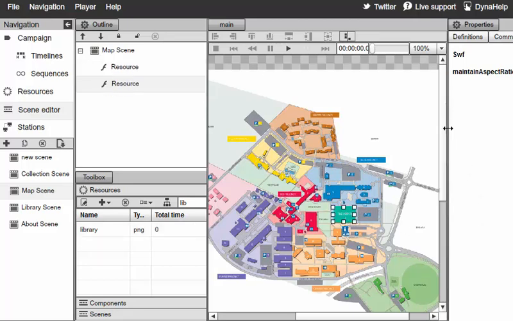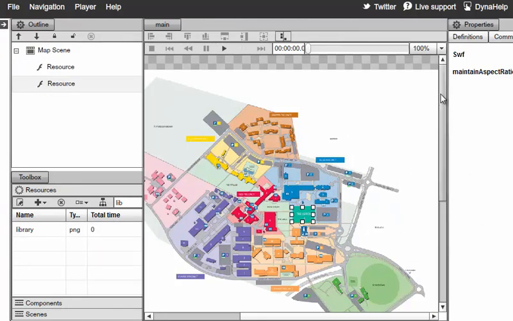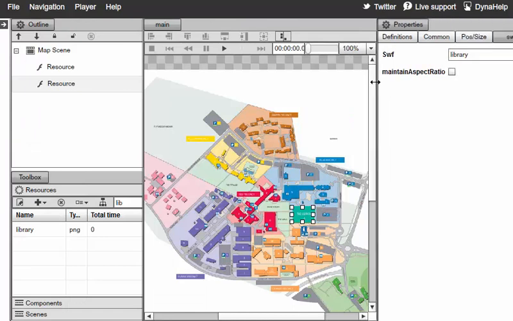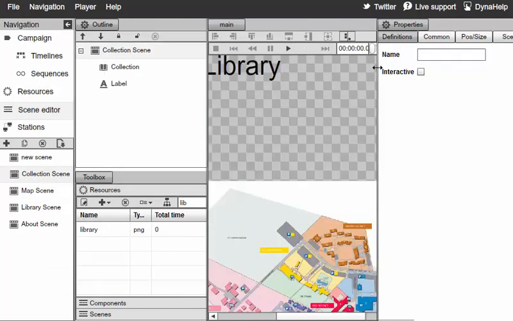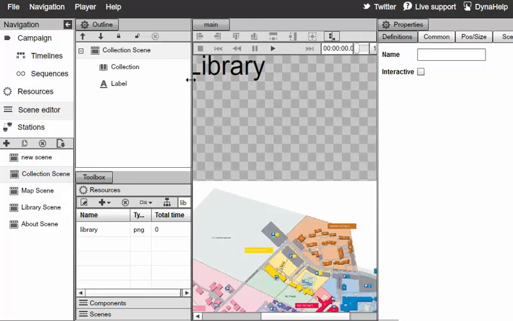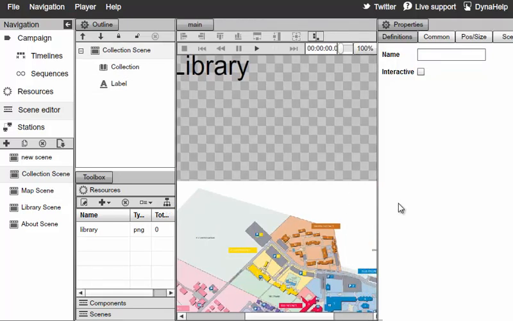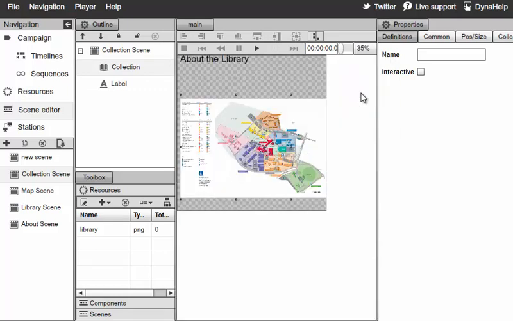And while it's selected under its properties, we're going to want to set it to be also under the definition an interactive item. I want to call this our library button and press enter. Next, we'll switch back to our collection scene. And now under our collection scene, we need to go ahead and associate again another event for the collection. So we'll select the collection and again zoom out a little bit